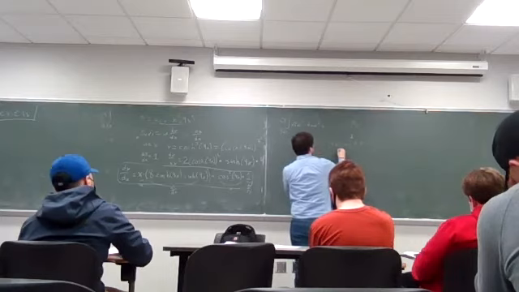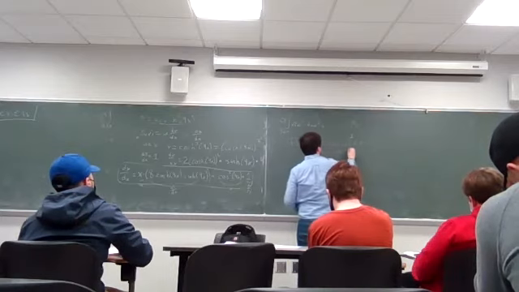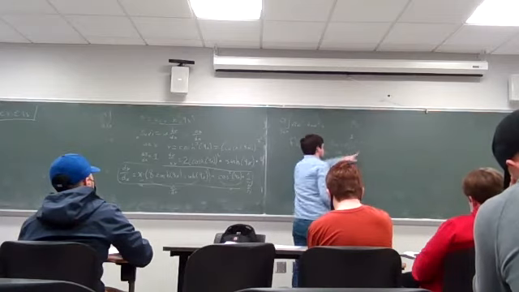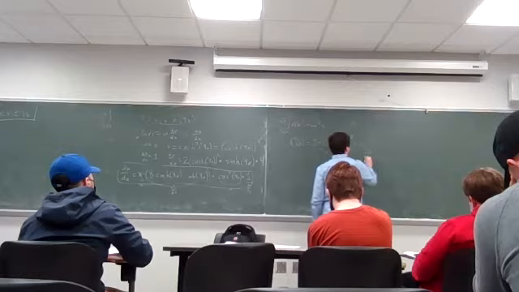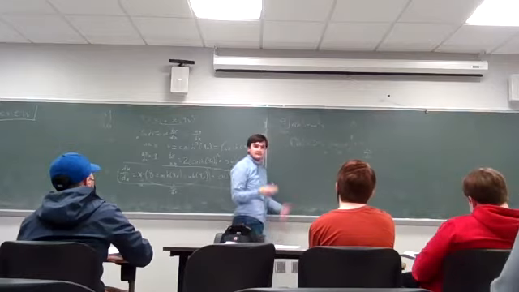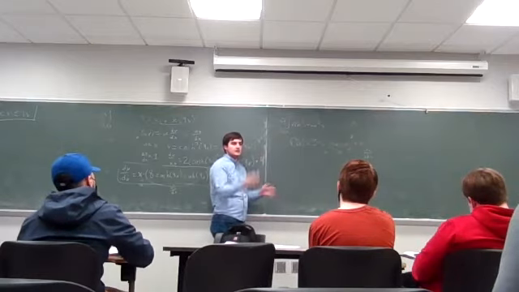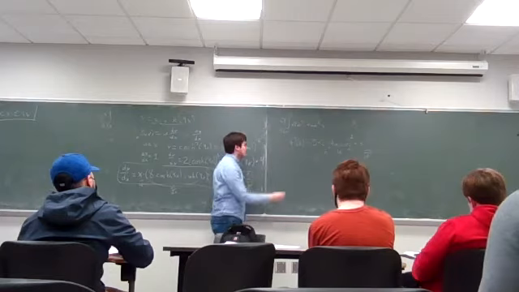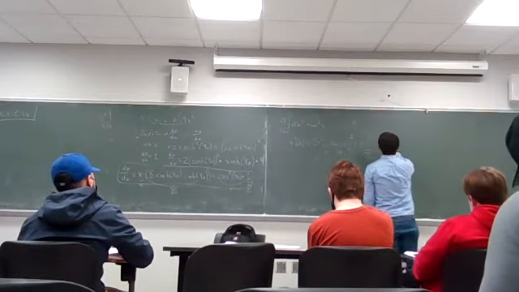Let me reiterate: n times u to the n minus 1 times du over dx. That's the general power rule, that's the chain rule. That thing pops out. Minus